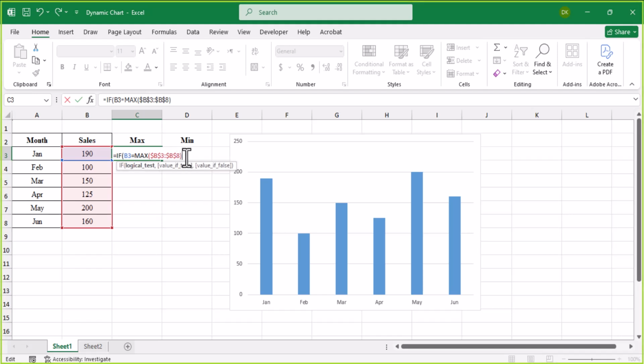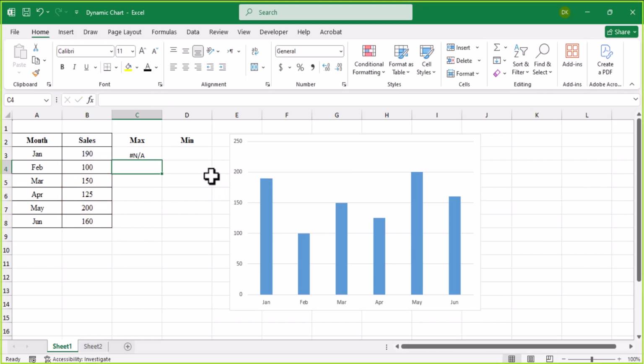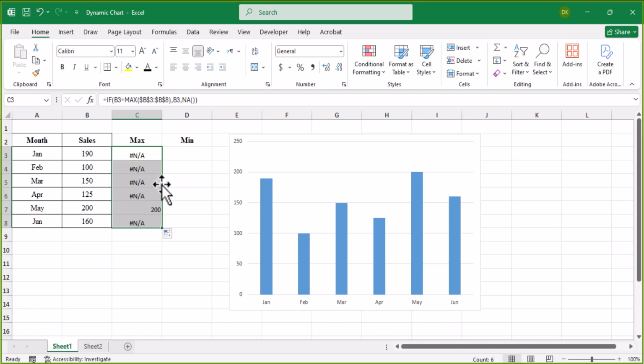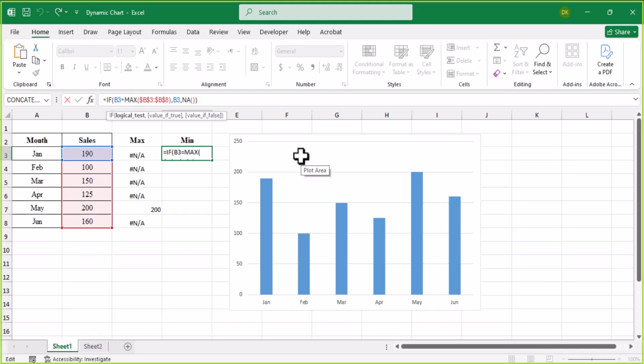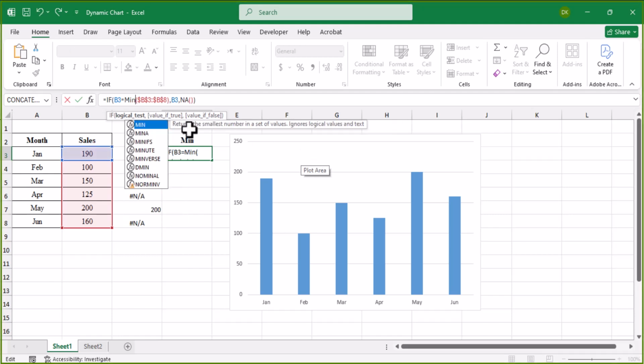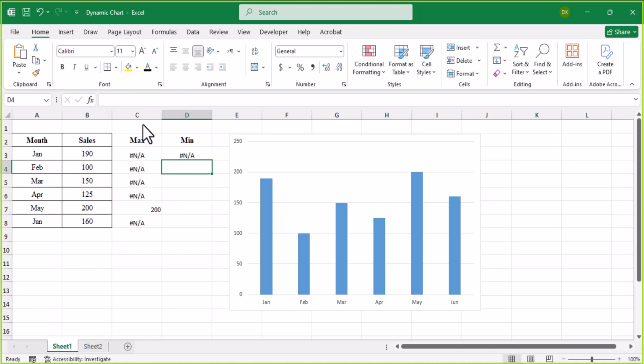Close the bracket, comma, B3, comma, otherwise Excel will automatically give us an error. NA, close the bracket, enter. Drag this cell to the rest of the cells, and for the min value the same, copy this formula, paste here, but change the max to min, enter,